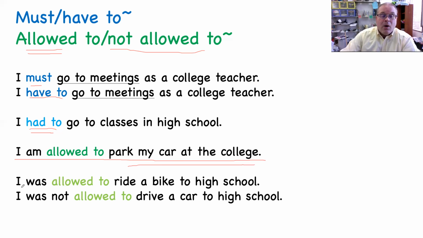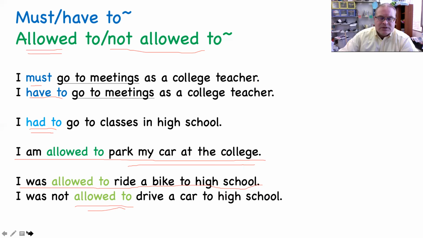Okay. Now, I was allowed, that means, okay, deshita, I was allowed to ride a bike to high school. Kokusei toki jidensha or jidensha noru koto wa daijoubu deshita. Okay. Demo, I was not allowed to drive a car to high school. Okay. Koko toki wa kuruma unten wa kyoka nakata. Or gakomade kuruma unten koto wa dekinakata.